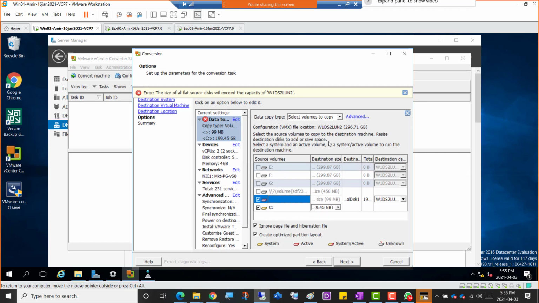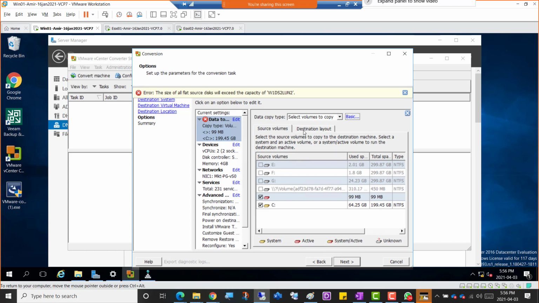But that's one thing: how many disks you want copied to the new virtual machine, and then we're going to dispose of or demote this physical server properly. Well, in a production environment we would have done it for this purpose, or use it for some other purpose. But other than deciding what drives you need to copy to the new virtual machine, you can go to the advanced option here,